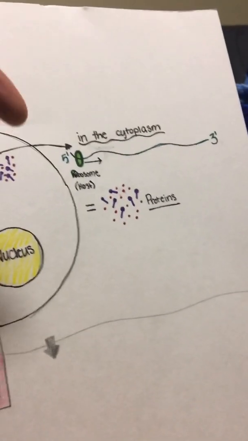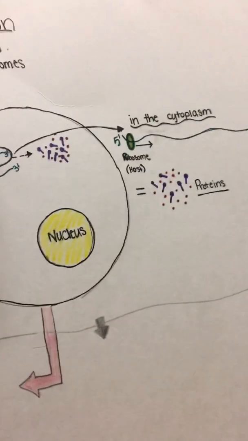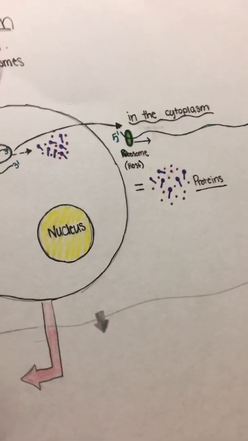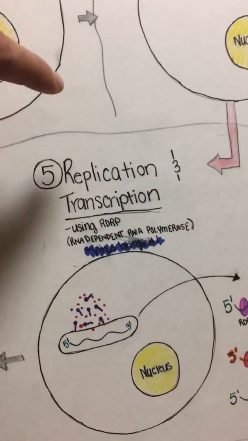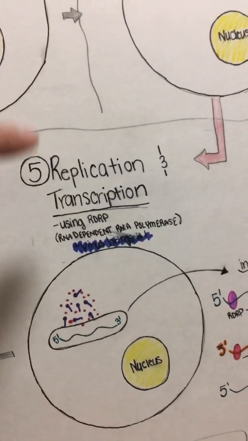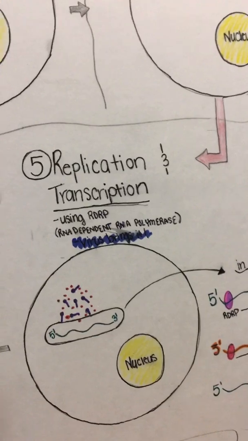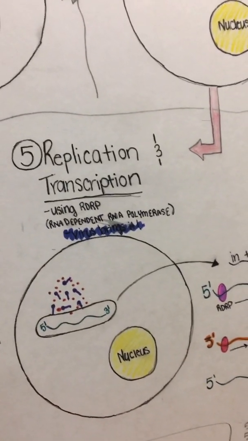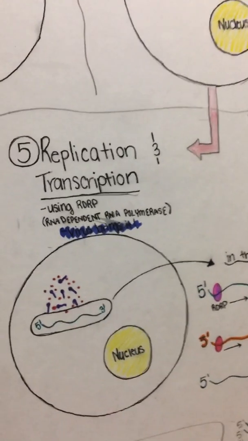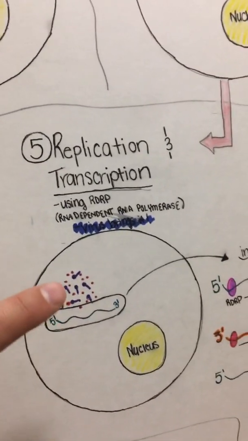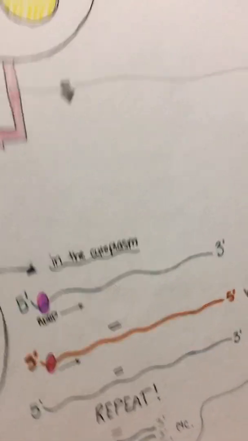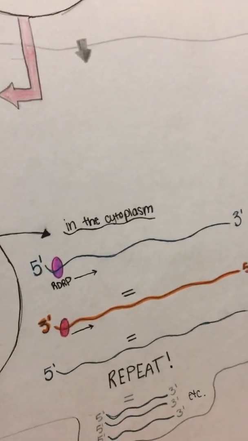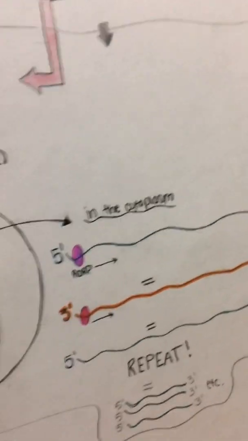I have a bunch of proteins, but for at least this one step, it's going to create rDRP, which we will need for step 5. Oh, and by the way, rDRP, I have it down here, is RNA-dependent RNA polymerase, meaning the template it is coming from is RNA, and the RNA polymerase is what it is making, so it's still making RNA. So for this step, we are going to use the RNA-dependent RNA polymerase that we just made in the cytoplasm, and we're going to run across one of the 5' to 3' strands of the genome and create a complementary 3' to